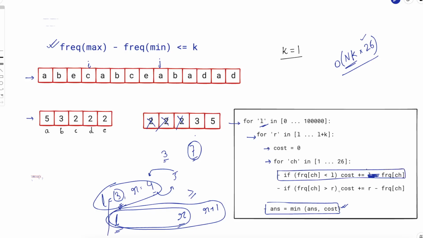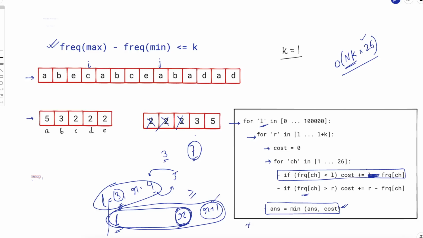Now only thing that will change is you will now add some operation for the characters which have the frequency greater than R itself, and in the second scenario you will add some operation for the characters which have frequency greater than R plus 1. So notice, in the second scenario you are skipping the characters which have frequency of R because those don't need to be changed. So that's the first thing, you are skipping some characters, so you are saving on some operation. Second,